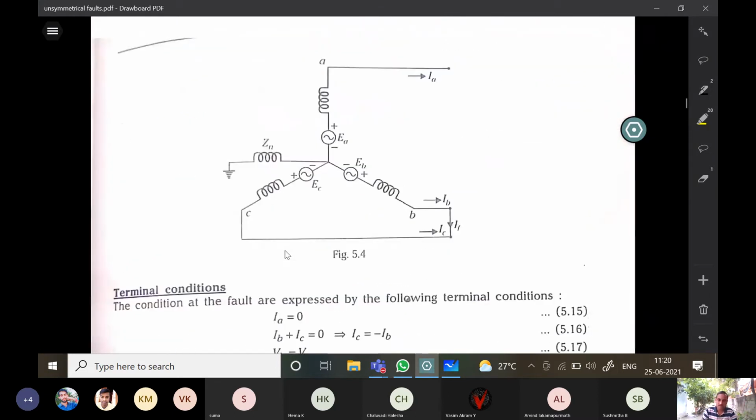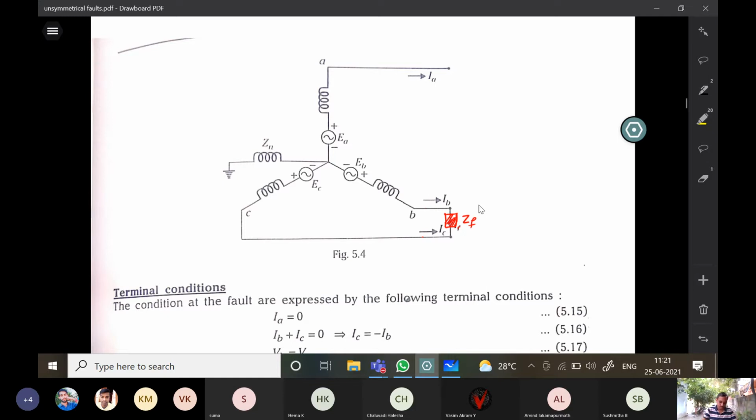So for this case, what is the fault current flowing here? Therefore put one impedance here in between line B and C. This is line to line fault, so line to line fault with impedance. Draw the diagram once again. Don't do your previous derivation. Write once again: this is ZF, IB is flowing, and this is IC. Same thing. The only circuit modification is adding ZF here.